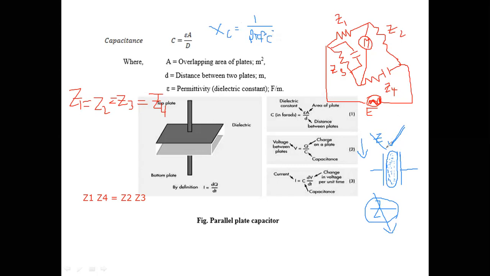Right? So here the dielectric has changed. Now the properties of the dielectric will change here. Why? Because this dielectric material is absorbing humidity. Then what will happen? Previously